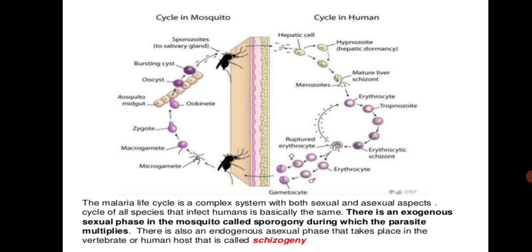These merozoites enter the human RBCs, and inside the red blood cell the parasite is known as trophozoites. After becoming mature inside the RBC, they are released into the bloodstream as gametes, female gamete and male gamete of this malarial parasite.